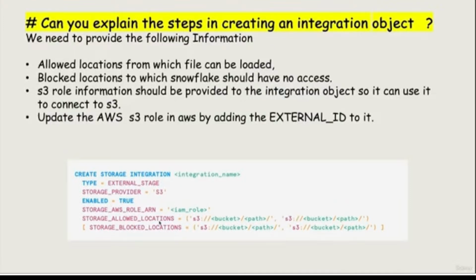Storage allowed locations are the locations from which Snowflake can read data using the storage integration. Storage blocked locations are folders from which data cannot be read by the integration object. When we describe the integration object, it will provide us with an external ID, and this external ID we can